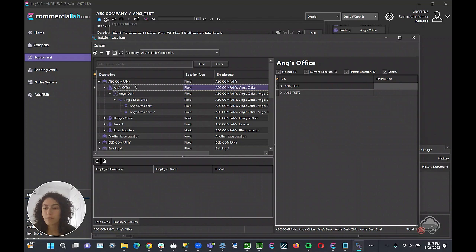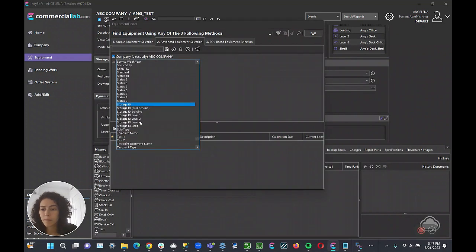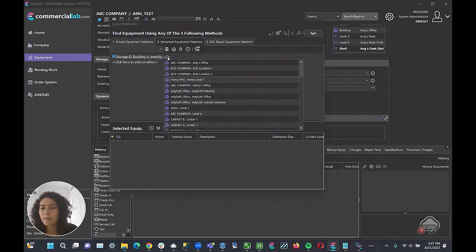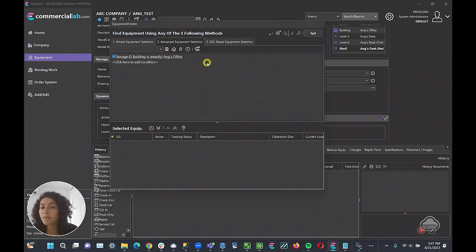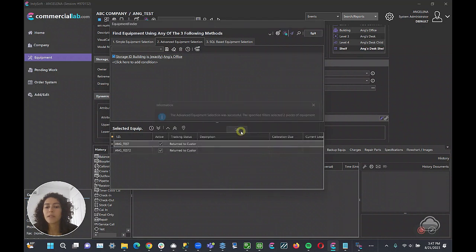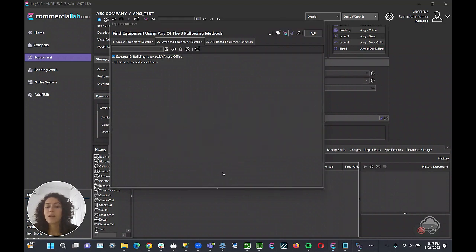So for example, if I search on building, storage ID building is exactly ABC Company Ange's Office. And if I do a test of the search, I'll see that this filter will return 2 pieces of equipment. And along with that, if I pull these into my results grid,